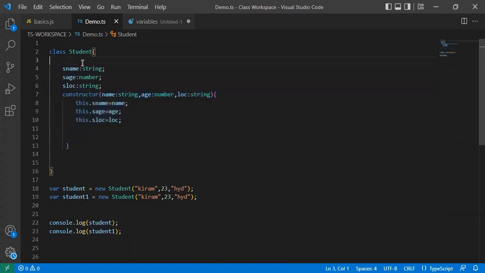The second point: if you are not defining any constructor, one default empty-parameter constructor will be there, and it will be called automatically each and every time we create an object. The third point you have to remember is that at most we can use only one constructor in the TypeScript file. That means we can have only one constructor in TypeScript. These are three valid points you have to remember when we are working with